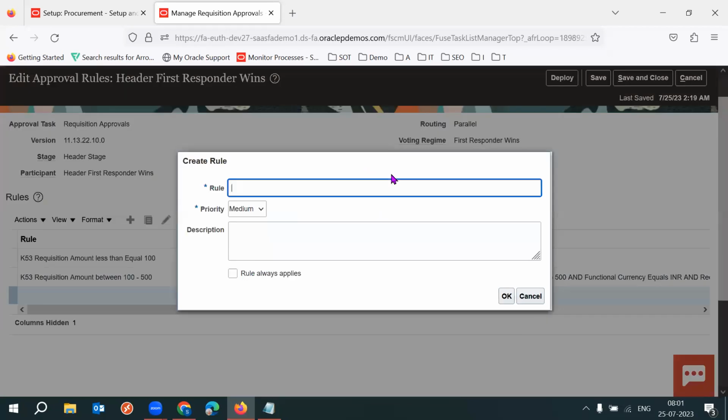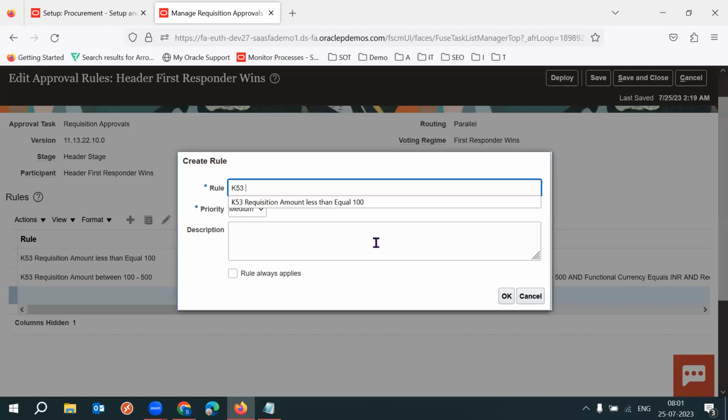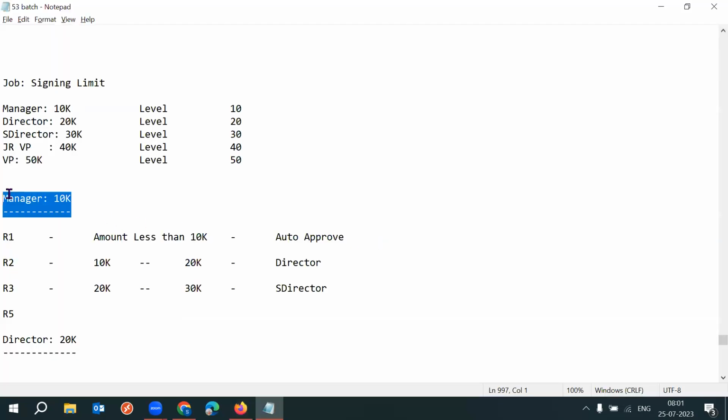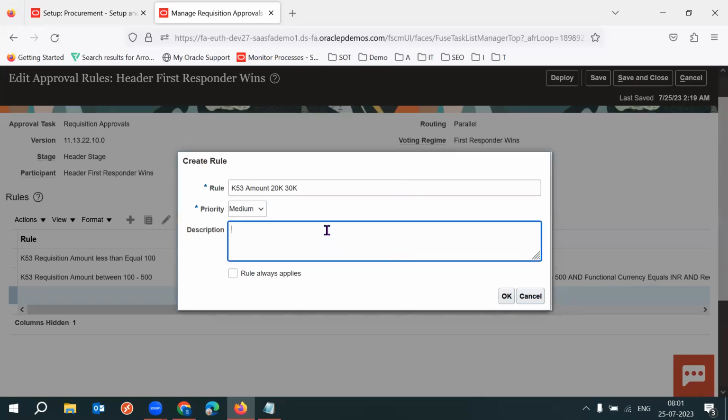I'm creating a new rule team. If the requisition amount is between 20K to 30K,